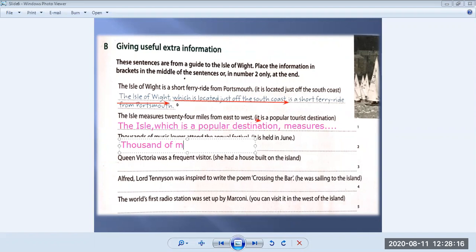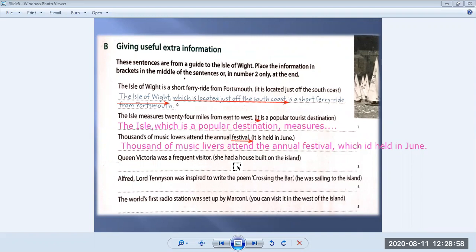Thousands of music lovers attend the annual festival, which is held in June. Okay. I'll leave it this way. Okay. Queen Victoria was a frequent visitor,